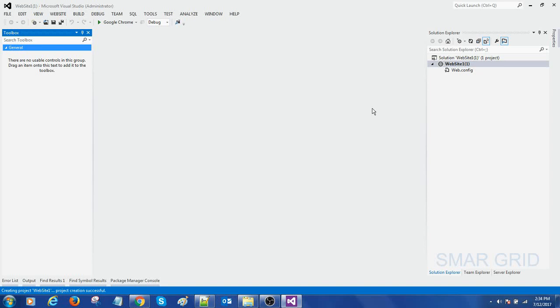There are two types of installation. One, you can install for this project. Two, you can install for the whole system. With the whole system, it means you can open any site, and in that site, by default, AJAX will be added. In this scenario, I'm going to add AJAX only for this specific site, and for that you can just right click on it,